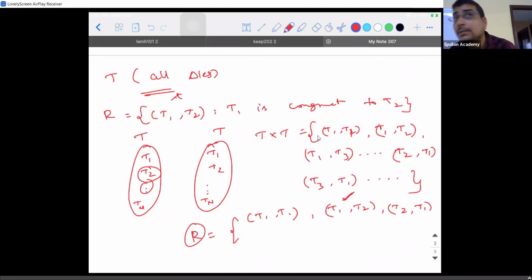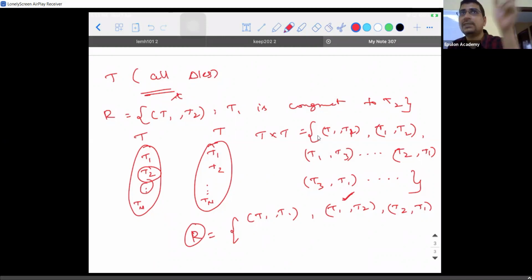T1 comma T1, you don't repeat it in roster form. Okay, T1 comma T1 will help you to find whether it is reflexive. It's a good question. It will help you to understand whether it is reflexive. So for reflexive only you will see whether the input and the output elements are the same. Whereas for symmetric, what should happen? The first element and the second element should be different.